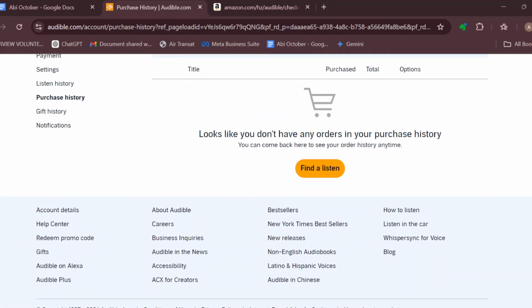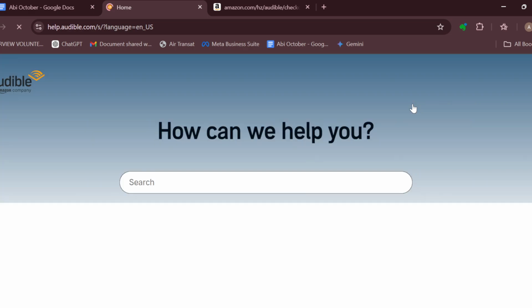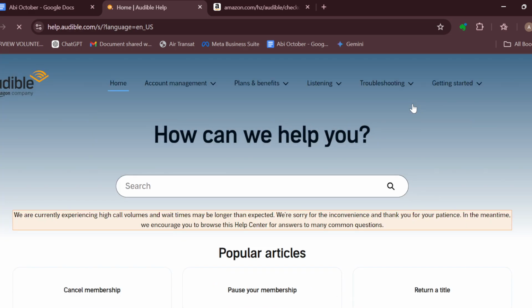Now, if you've tried this and you could not find the option next to the book that you intended to return, the next step will be for you to reach out to customer support. And how do you do so? Go to the right side of the screen again and click on the help option. By clicking on help, you'll be taken to the help center page,